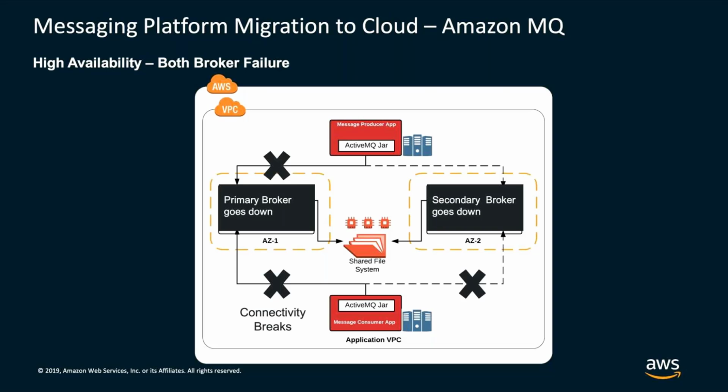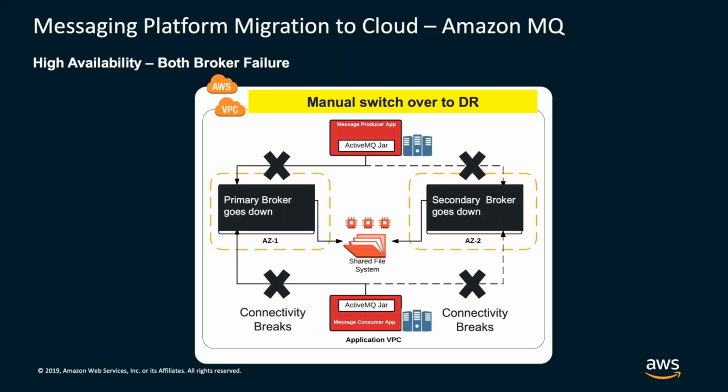Now in that case, you have lost both brokers, and message producer and consumer applications now cannot do inter-application communication via messaging. And the only option which is left with you right at this moment is a manual switch over to your DR broker or DR region, depending on how you had configured